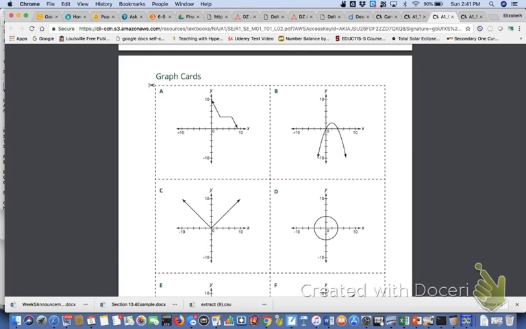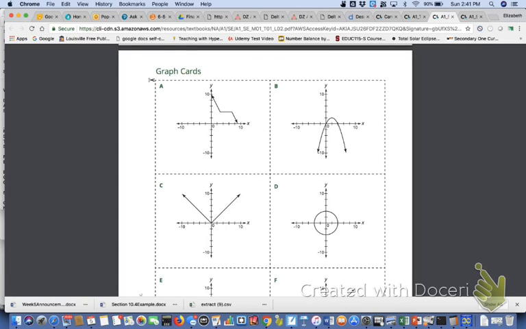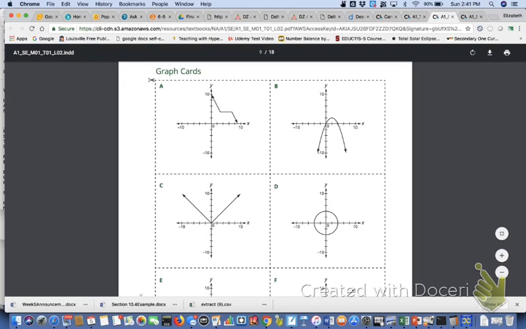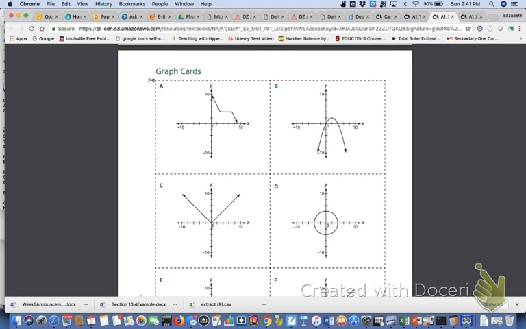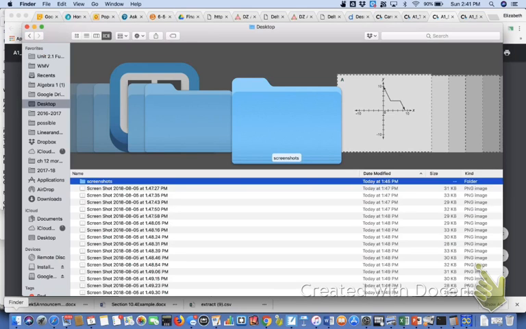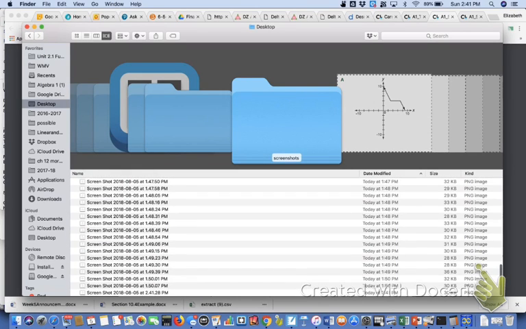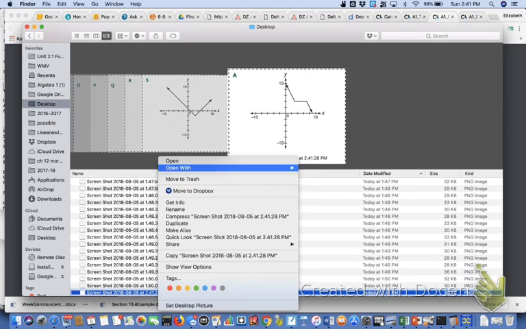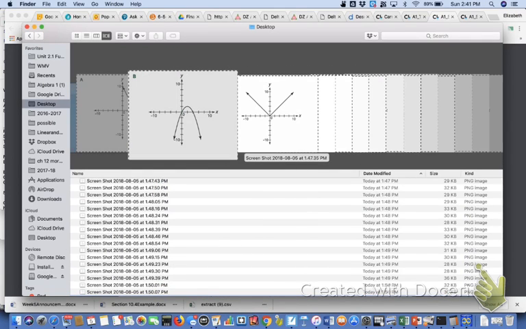Alrighty, so the first thing that I do when I'm making a card sort is I just open up the PDF of the cards, and since we both have a Mac, it should be doing the same thing where you just do the Command-Shift-4, and it lets you take a little screenshot of the card, automatically turns it into a screenshot, and I have a folder on my desktop where I just have all of my screenshots that go by